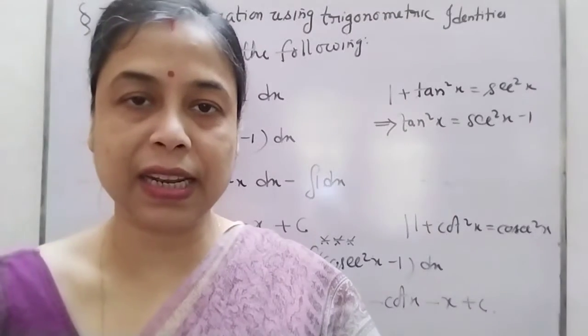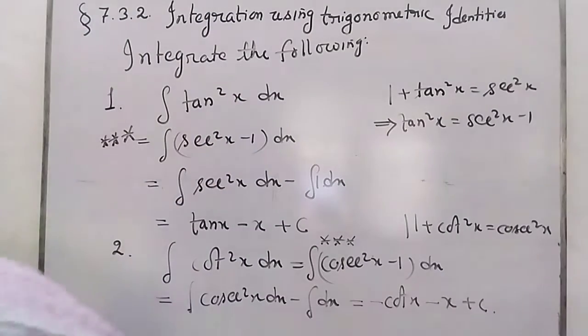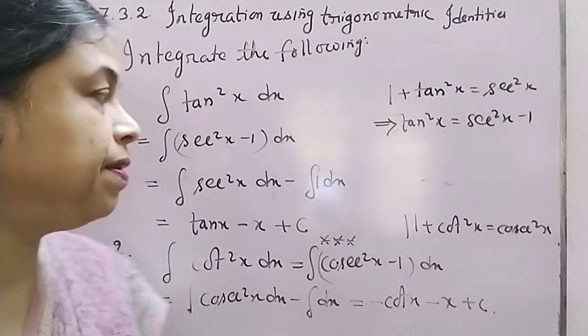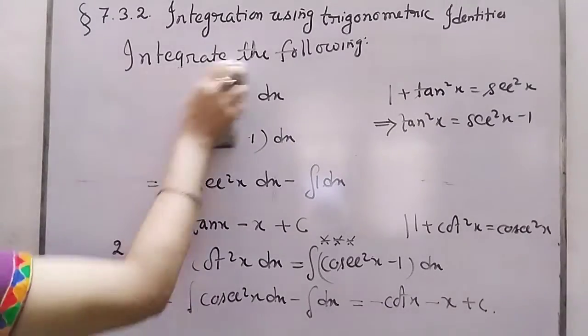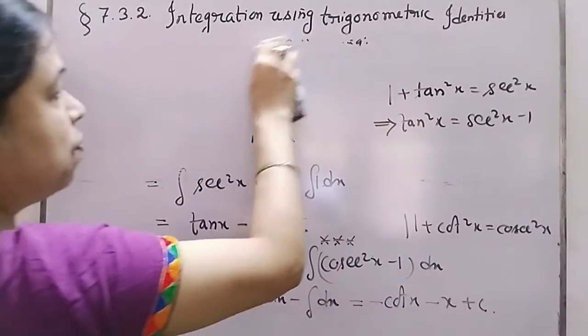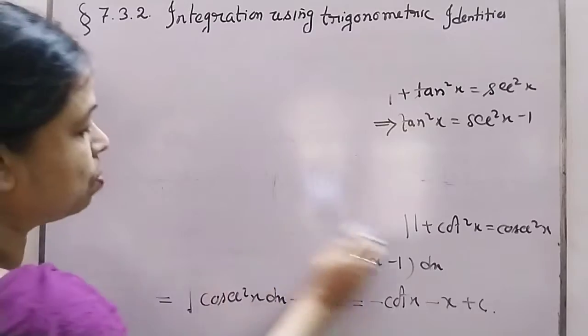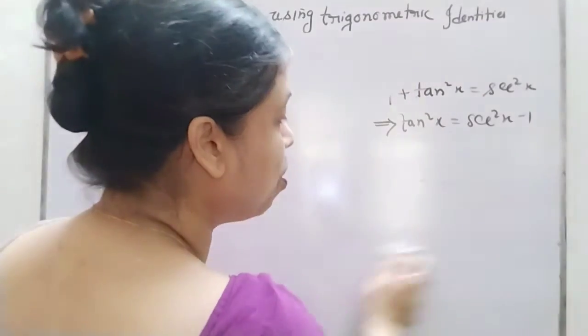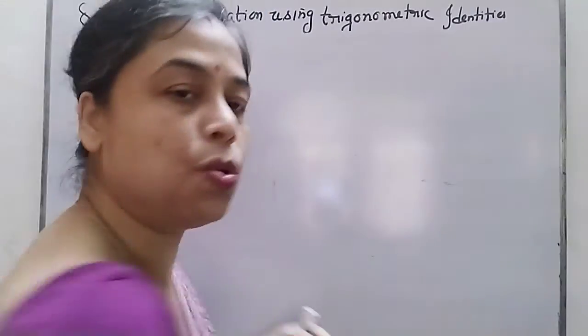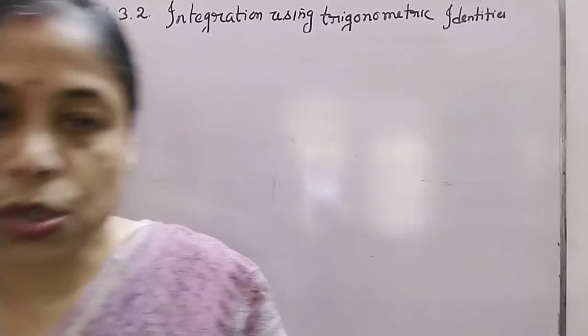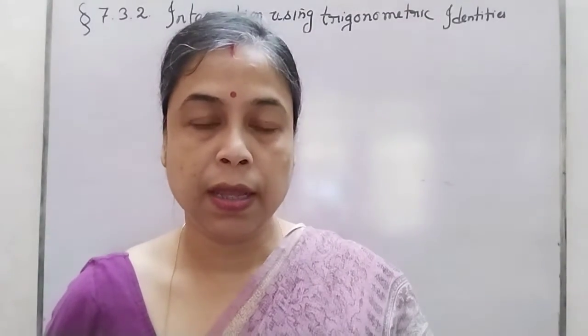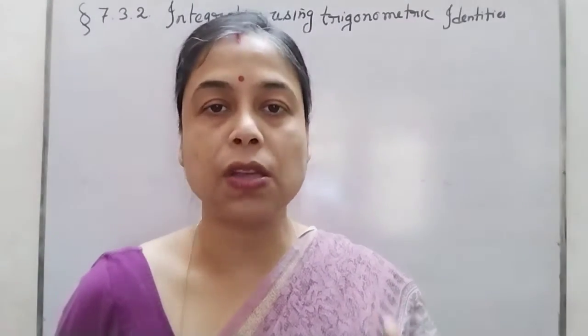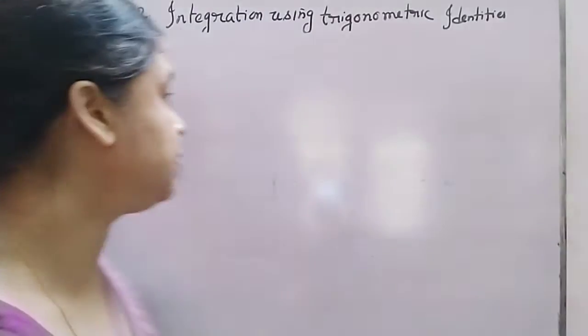So here the integration is completed. Hope you understand it. Okay, now we will discuss how to do the integration of sine square x and cos square x, because those squares are also not known to you. So whenever a question contains sine square x or cos square x, you just derive it like this.